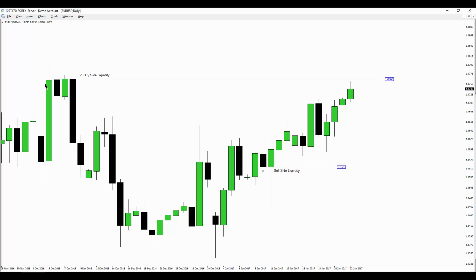Not the wicks, just the bodies of those candles that we're focusing on primarily. Okay, so we've been focusing primarily on the buy side delivery on price, looking for price to move up into this level here. So what does that mean for you as a trader that's studying using this higher time frame chart? You want to be focusing on the delivery of price, how often it wants to go higher, how much price action is delivered on the downside, and the continuous movement towards this higher time frame liquidity pool